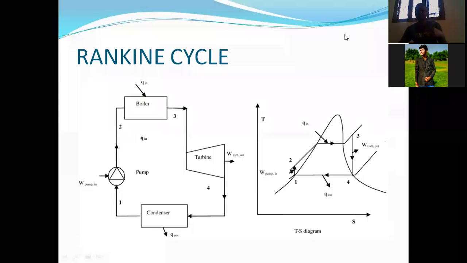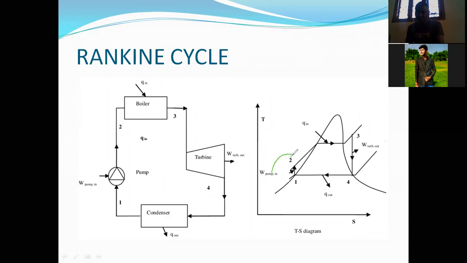Listen to me. In yesterday's class, we saw the Rankine cycle, and how we represent the basic components of a steam power cycle in a TS diagram of a Rankine cycle. According to yesterday's class, the 1-2 process is a process of a boiler. It's a process of constant volume heat addition, which we call a warming process. We technically call it a warming process.